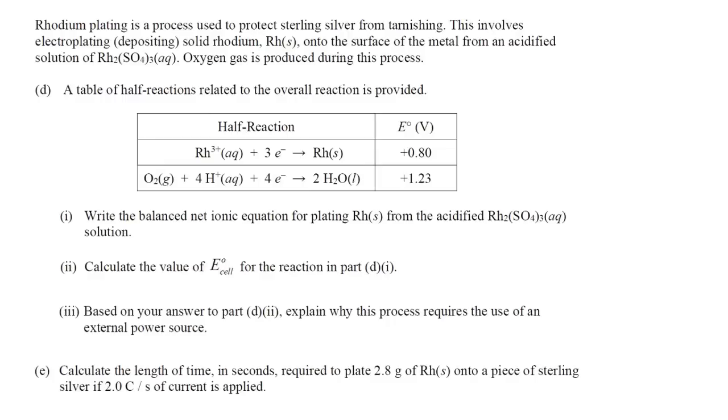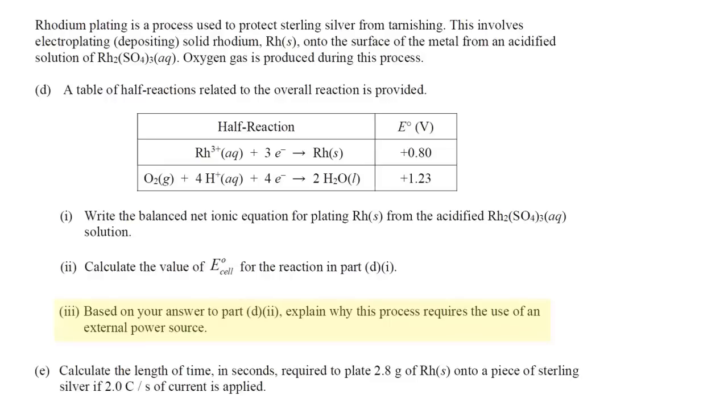So in Part D I, we have to write the balanced net ionic equation for plating solid rhodium from the acidified rhodium sulfate. Again, this is an electroplating experiment in Part D. Then we have to calculate the value of the standard cell potential for this electroplating process. And then we have to come up with an explanation for why this process requires the use of an external